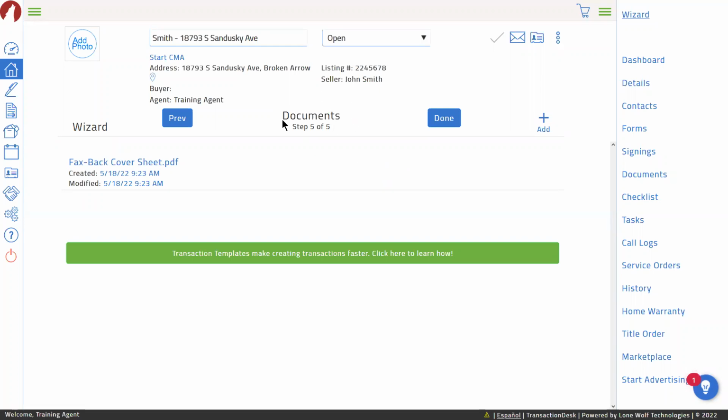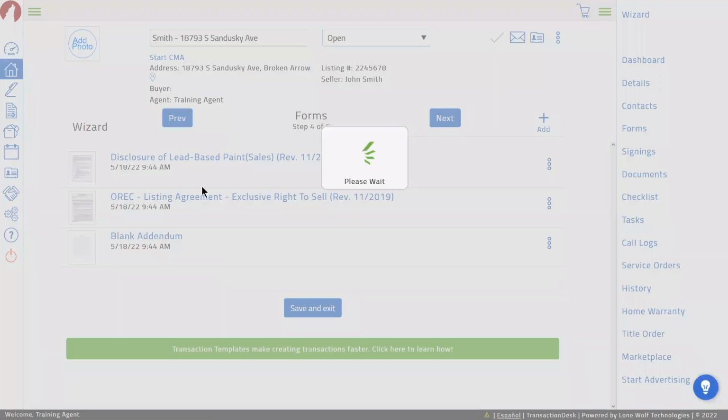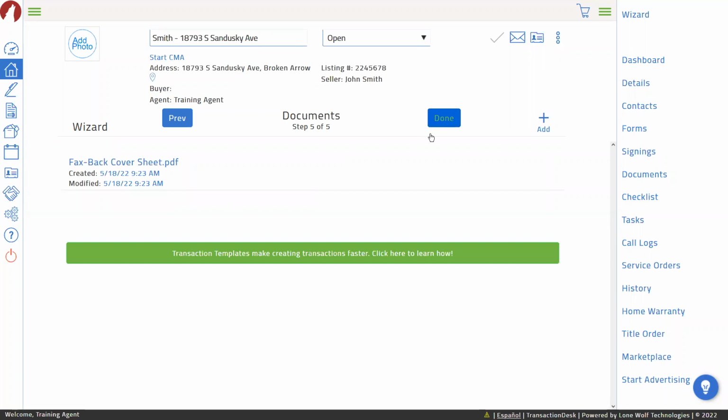All right, so the final step of our process, again, we just finished up with our forms. We'll hit next and get into our documents. Now, the document section is going to be a little bit simpler. Instead of having a whole bunch of lists of things that might not be familiar to you, or you might not know if it's the right up-to-date version, the documents section is just going to be stuff that you already have. So if you have an inspection report or an appraisal or the property condition disclosure,